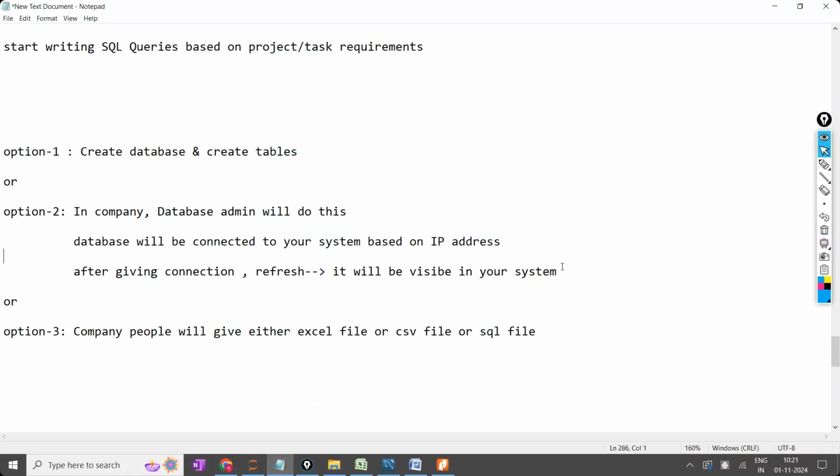In the companies, data is already available in the database. You are not going to create the database. You will not create the ER diagram. You will not create the tables. You will not insert the data.